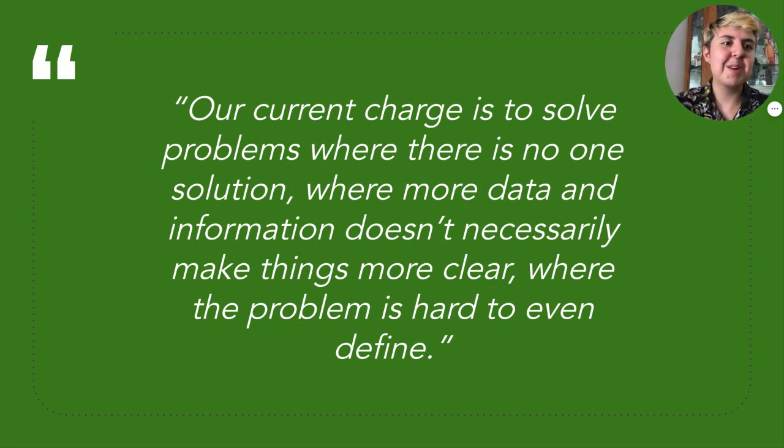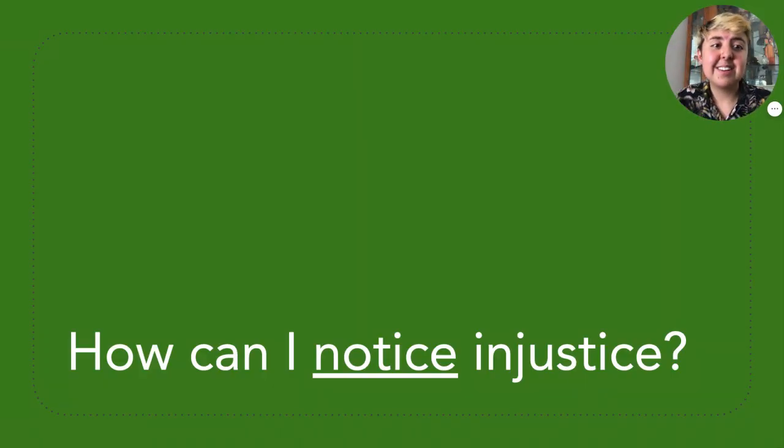And most of the time, as much as we love data, sometimes we're just working with something that is very nebulous and it's hard to understand. And sometimes the problems don't just have one neat definition. And so maybe now you're feeling, well, how do I even move forward? How can I notice an injustice when they are so nebulous and covert? Here's some tactics that hopefully will help you as you're doing this process in your own spaces.